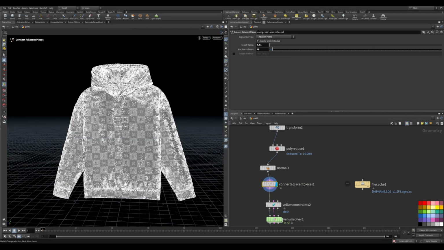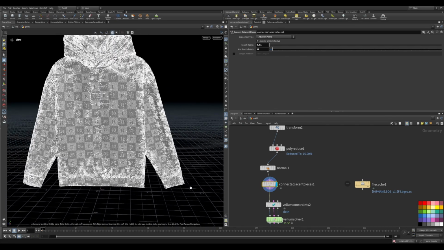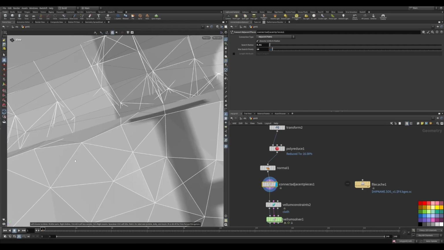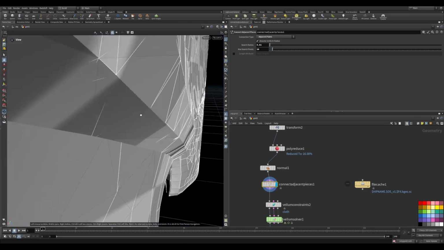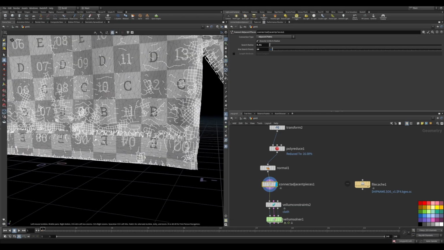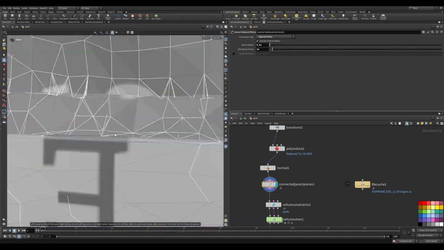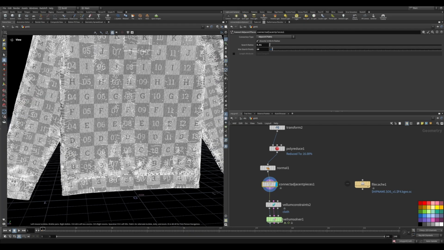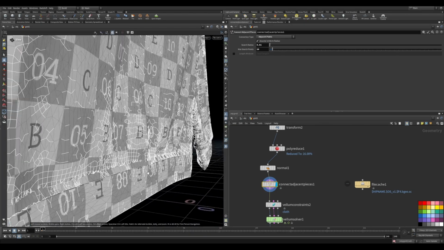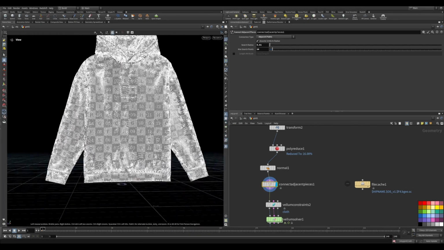So in that node we have to select adjacent points, and I think we should keep these parameters as low as possible, because if we make them too high, it affects the simulation time. As you can see, it connects our separated parts here and here. It calculates the distance of polygons and vertices, I guess,